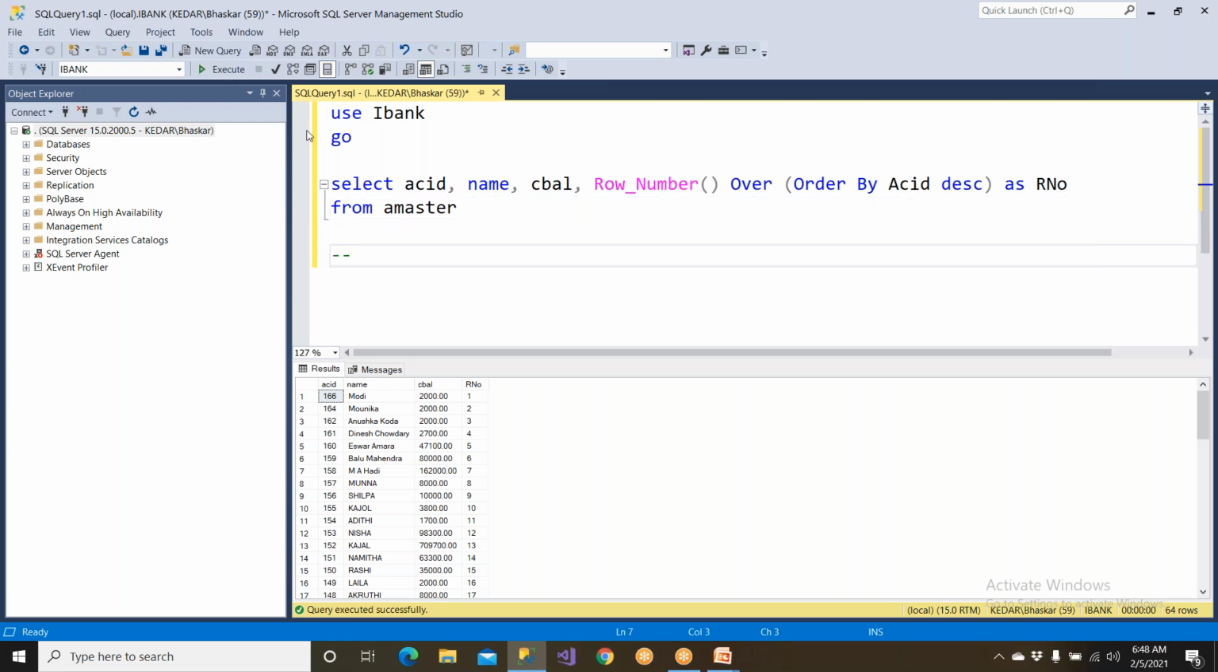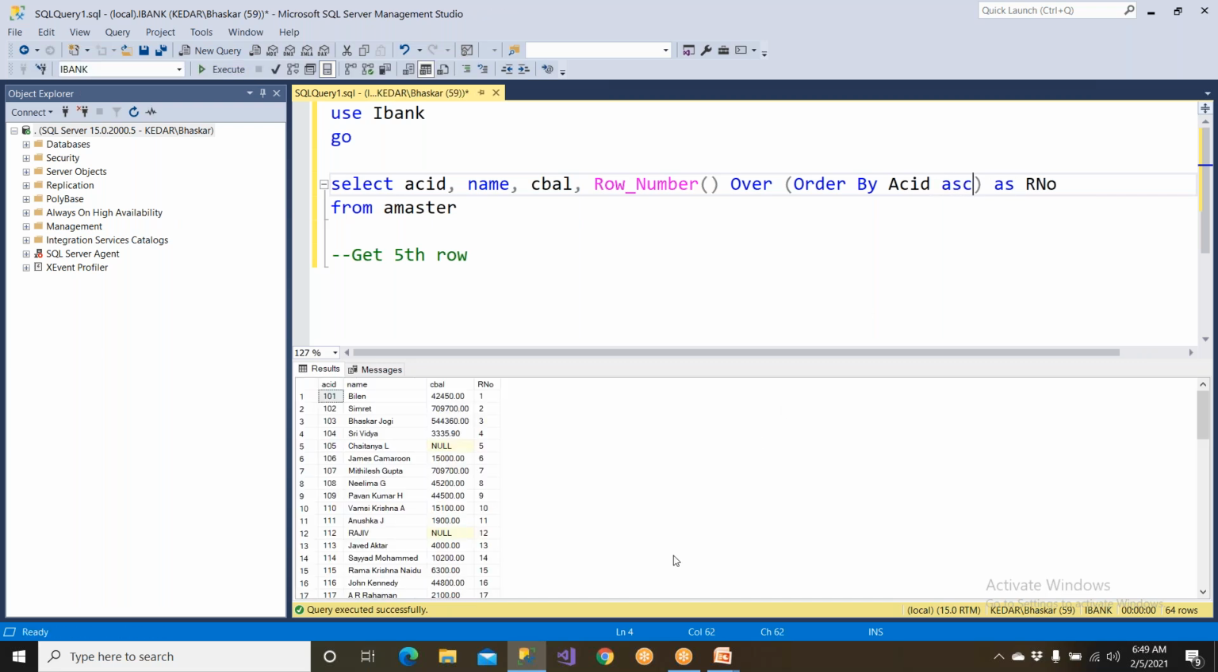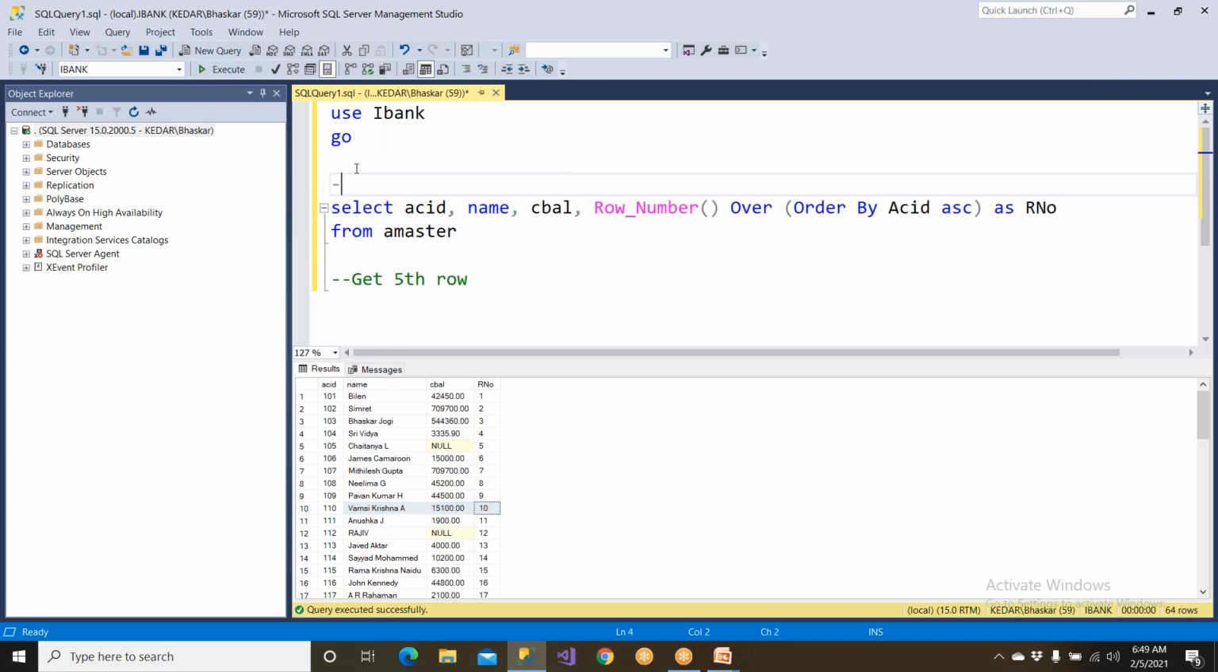Now, I wanted to get the fifth row. Let us say in ascending order only, or you can say ascending, there is no issue. I wanted to get the fifth row. So this is the data I wanted to get, or I wanted to get the 10th row. So how do you get the 10th row or fifth row? You must take this. So this is where we are going to be using the row number